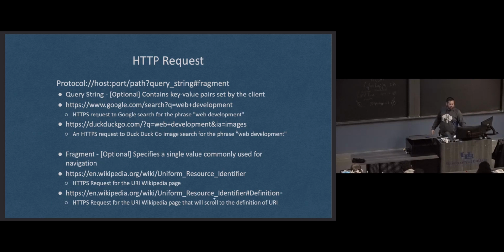And fragment is to specify some navigation on the page itself. If a hashtag exists, that denotes the start of the fragment. And it can navigate to a specific portion of a page. We're not going to use this in 312, but I recommend you use these in your regular, daily lives. It can be helpful. Like if you want to send somebody a Wikipedia link, but you only want to send them the fifth section down the page,